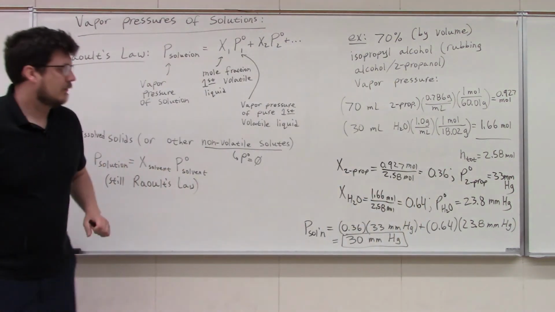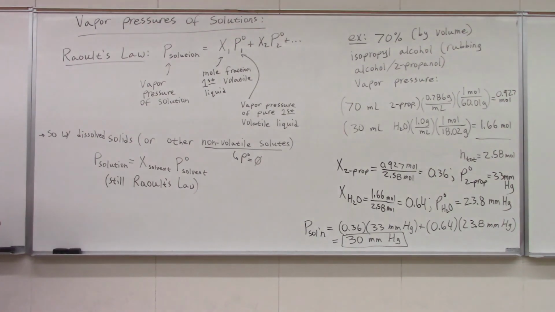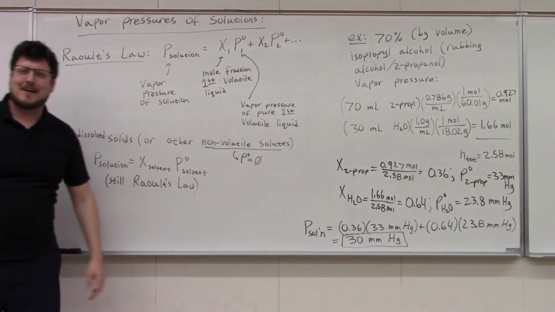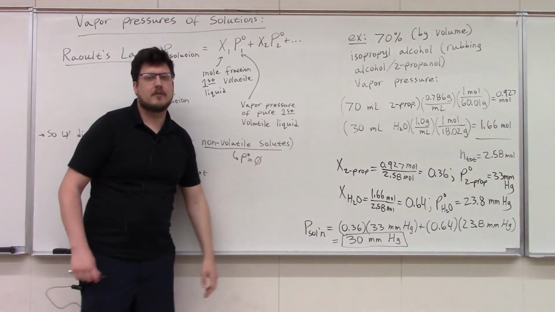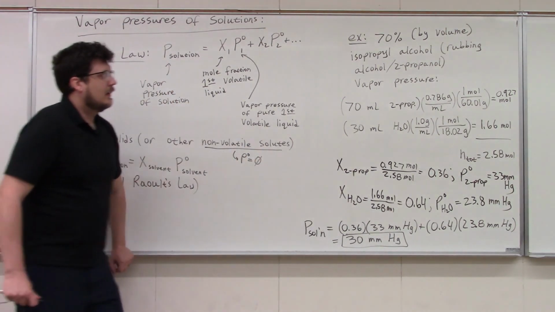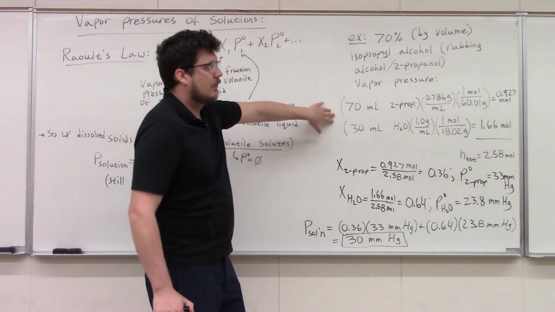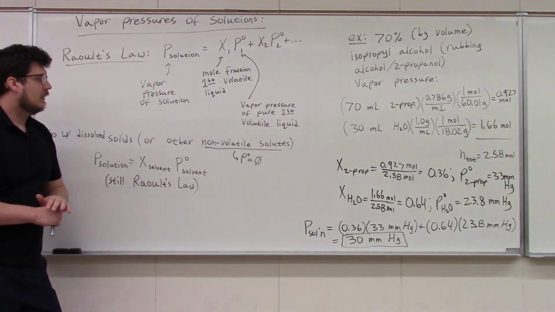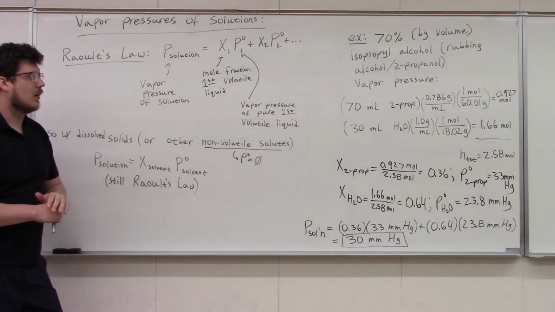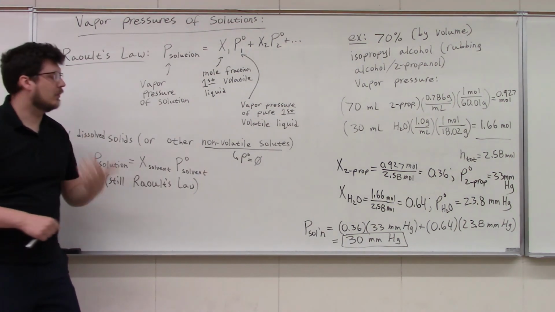All right, so that's the story here. You know, no crazy enthalpy diagrams, no delta H's, just a little bit of math. Got to remember how to find mole fractions. That's probably the worst of it. And, you know, you can have a little bit of adventure getting the moles. Just be aware of that. And, you know, we're going to talk about freezing point depression and boiling point elevation